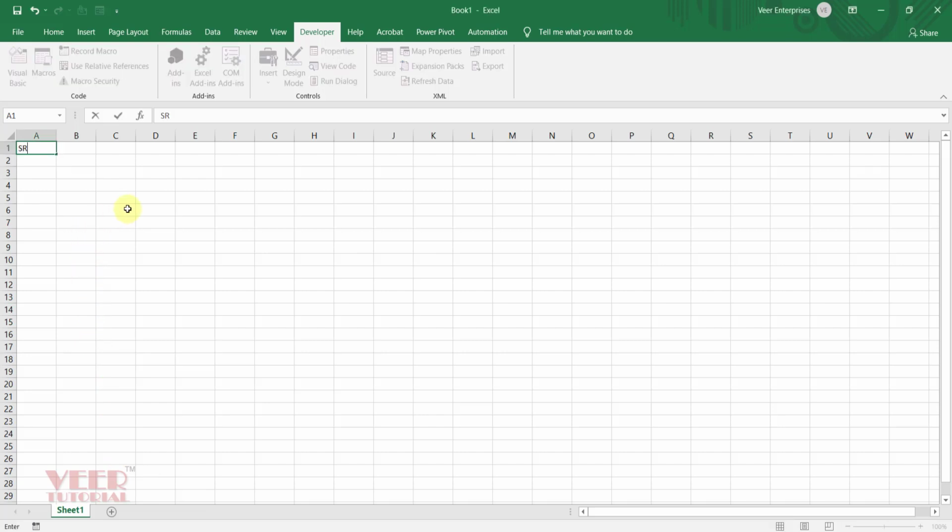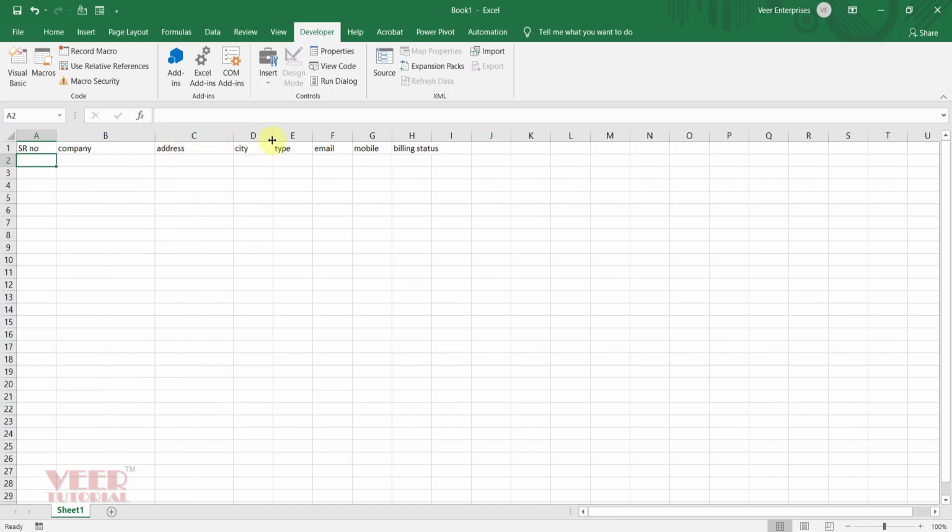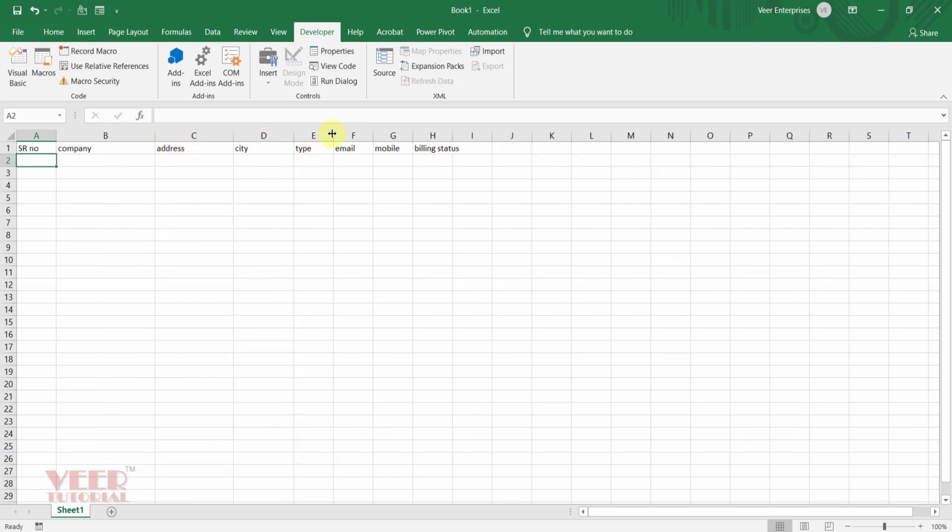So here first we need the serial number, then company name, and then address, city, then type, whether it's government or private, then email address, mobile number, and finally the billing status. So we would like to save this information using the automated form. So just make some adjustment in the column width,